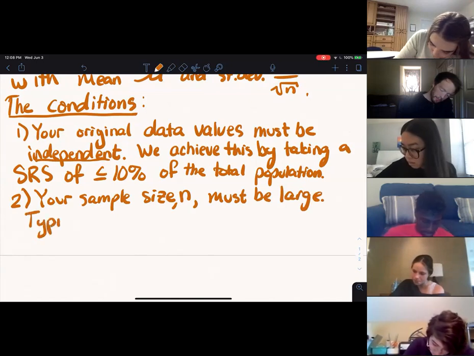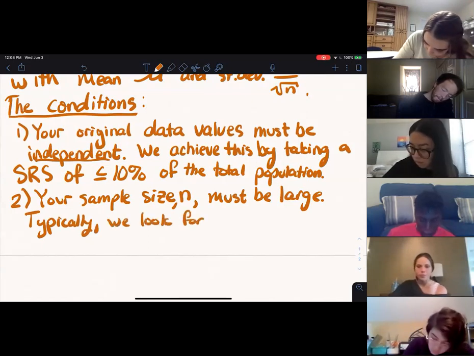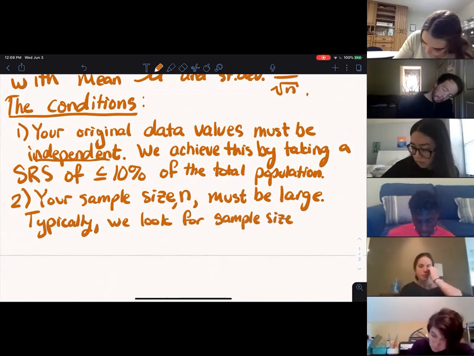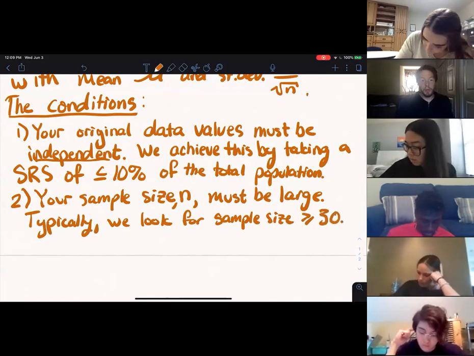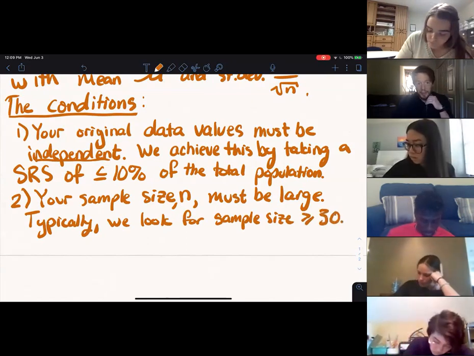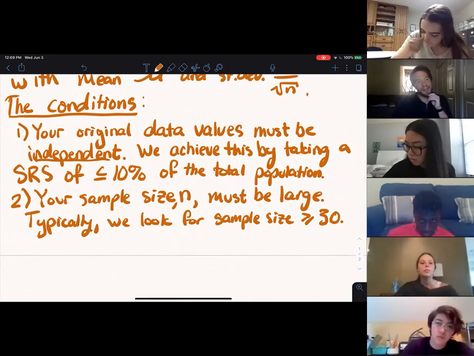Typically, we look for a sample size greater than or equal to 30. So something that my last section brought up is that these two conditions may seem like they kind of